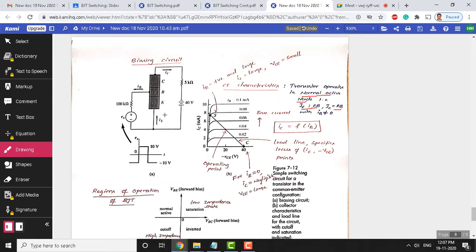Last we expand about this, the common emitter configuration transistor, which is connected in common emitter configuration, and this is operated in forward active mode. You can see there is a supply voltage of 40 volts we have assumed here. Okay, so there is a 40 volts, and there is a resistance of 5 kilo ohm. So, now question is, this is going to be the output resistance. You can call this as R out.